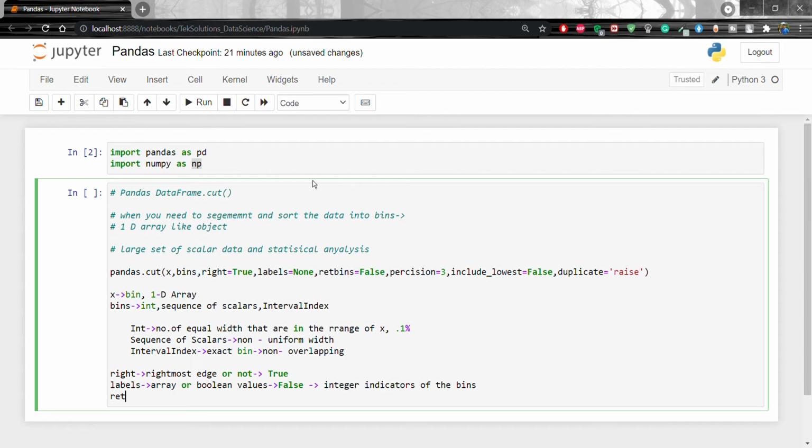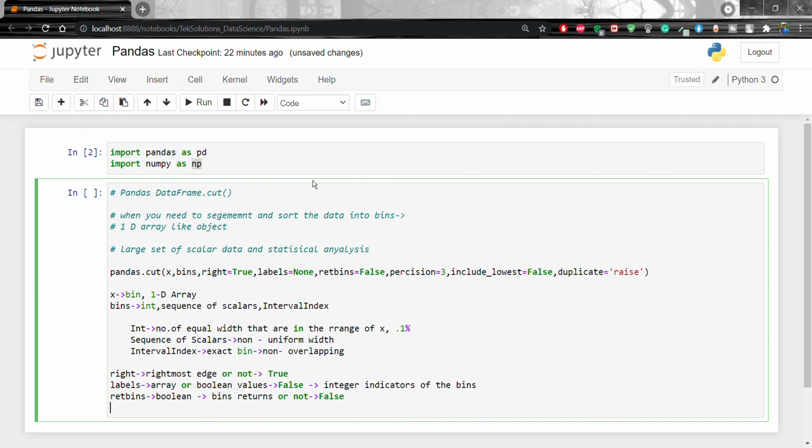The next one will be retbins. It refers to a Boolean value that checks whether to return the bins or not. It is often used when bins are provided as a scalar value. The default value of retbins is false. Next one will be precision. It is used to store and display the bins labels.